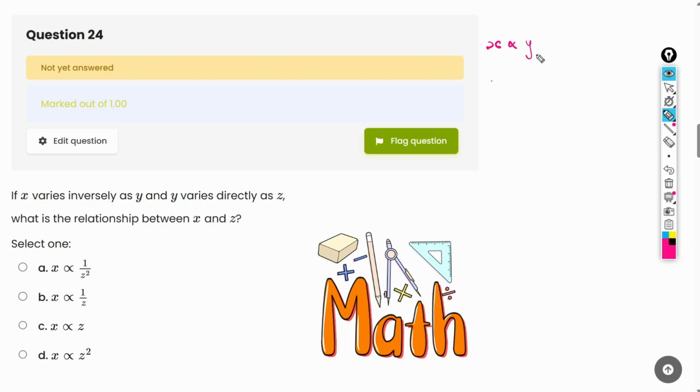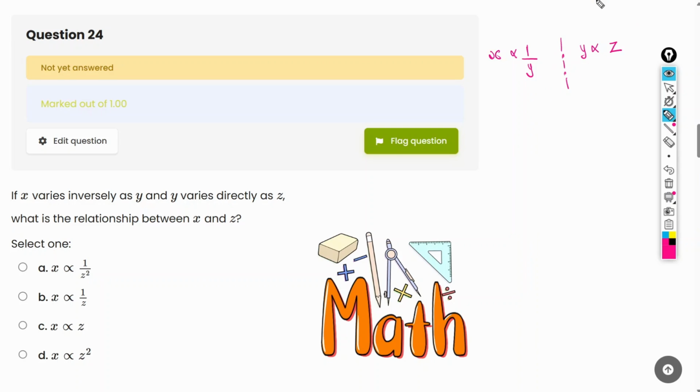Oh, sorry, x varies inversely as y, my bad, and then y varies directly as z. So for this you can actually just substitute,